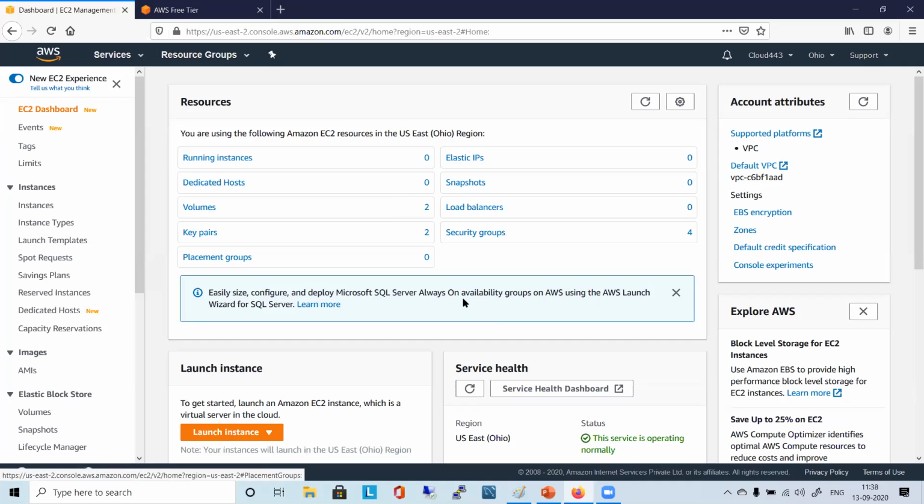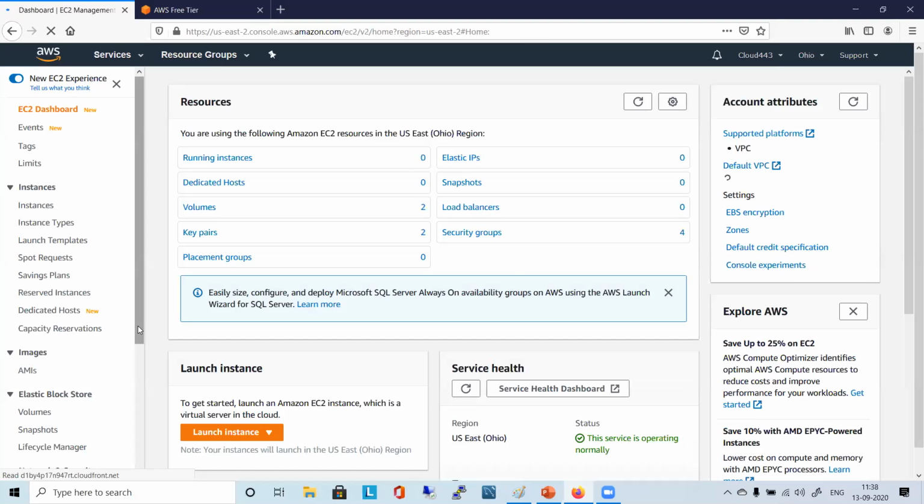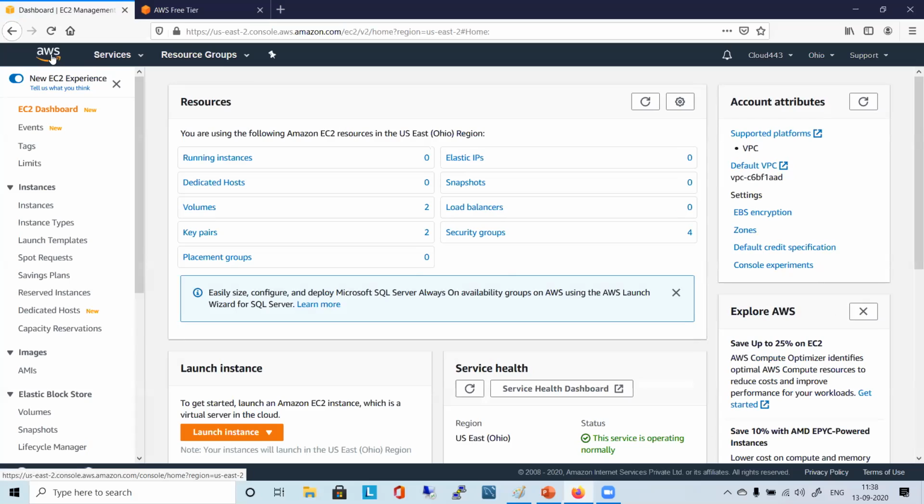Sorry, Harish, I missed a little bit initially. First, we need to create an EC2 instance and then go to the EC2 dashboard? No, you are on the AWS console, right, Shweta? On the console you just click on EC2. I was searching in the services for EC2 dashboard. Okay. So now you are in the EC2 dashboard.